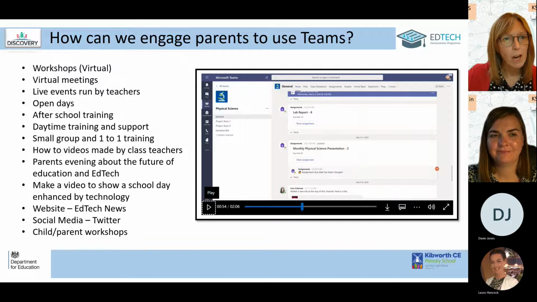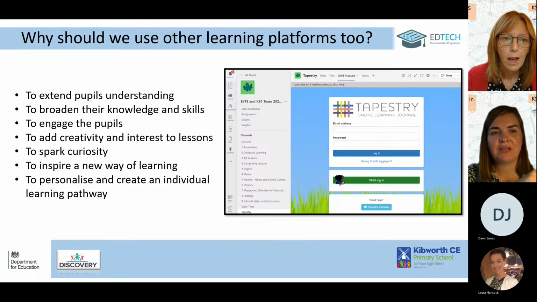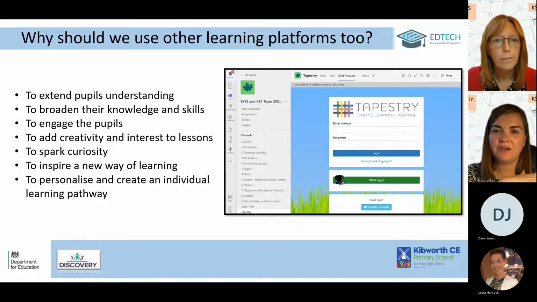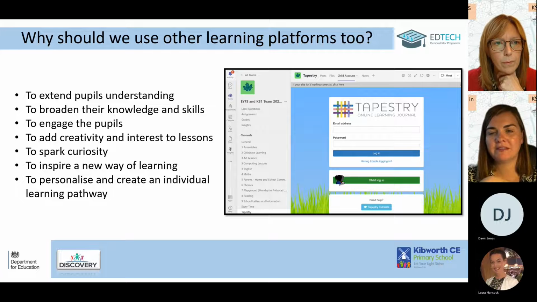But parents see their child in a different light as well, and it's quite an interesting way of looking at it. So quite powerful, that one. Can I just, before you move on to that slide, Jo, with the back, add an additional point on the engaging parents slide, from my experience using Teams with Year 1 at the school I work at in Farndon. Another way that we've been engaging parents is, there are lots of things that you mentioned there was how we were interacting with them,